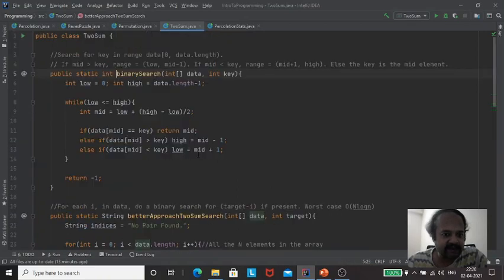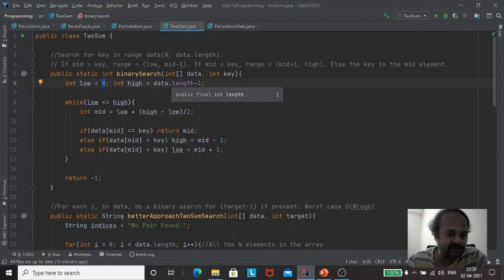So let's have a quick look at the binary search implementation. The binary search takes the key and is trying to check whether the key is present in this array. So the range of what we need to search is between the 0th index and the length minus 1, right? Because it's 0 to n minus 1. So if the key is present, what we will return is the index, which could be between 0 and n minus 1, or we just return minus 1.